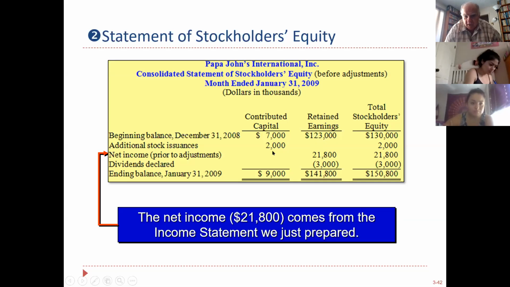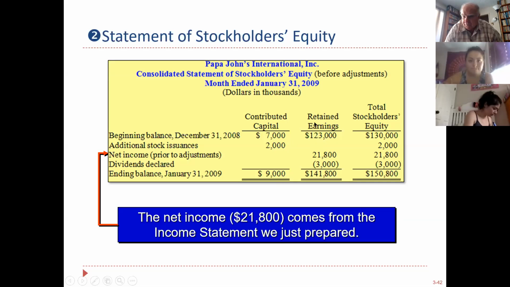Here they issued more stock, so contributed capital goes up. Contributed capital has nothing to do with retained earnings, because retained earnings retains the income of the business over the years. It retains the dividends. That's why the income and the dividends are part of retained earnings, not contributed capital. If you misclassified the numbers, you'd still come back to the total correct, but you'd be totally misrepresenting what really happened, and your investors could make a foolish or good decision based on that, okay?